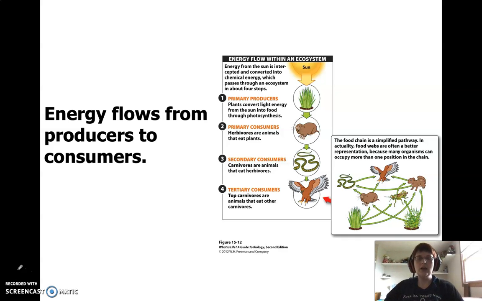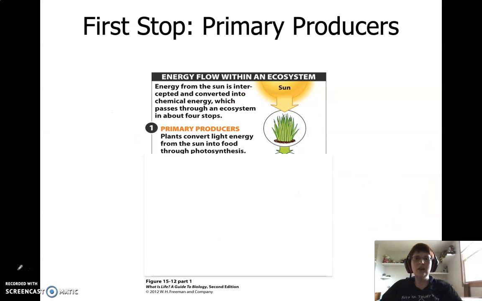We talked in our previous chapters a long time ago that energy for all organisms on the planet, for the most part, comes from the sun. So the energy is going to flow from the sun through producers to consumers. So we're going to look through this step by step. So don't panic. I'm going to just jump right in and we're going to start at the top. So we're going to first stop on our energy chain is we're going to go from the sun to our